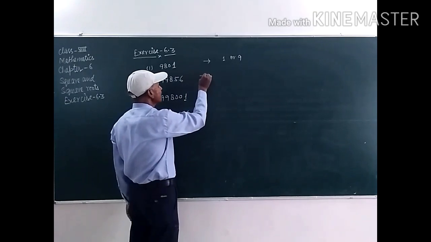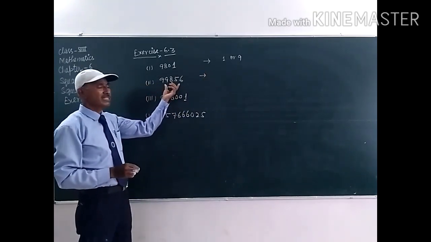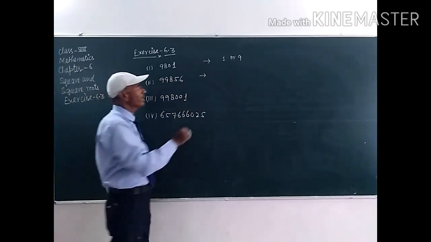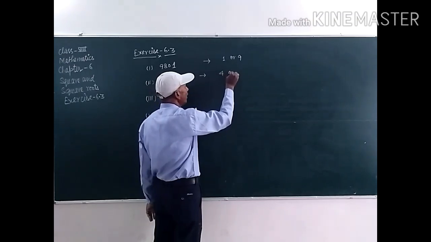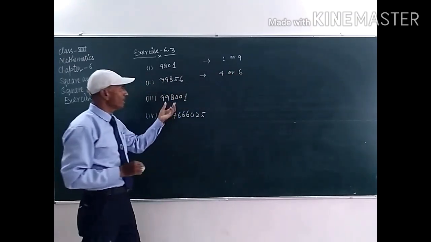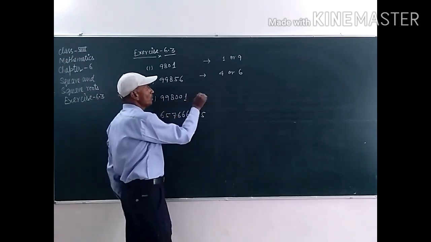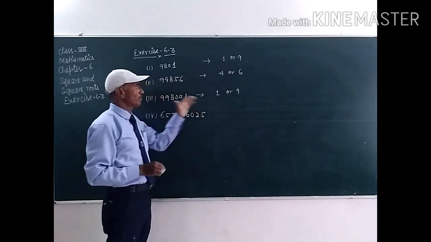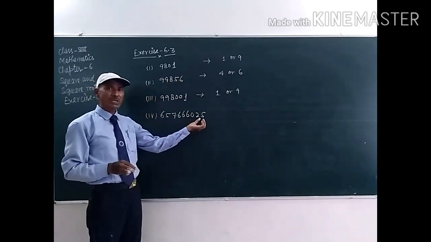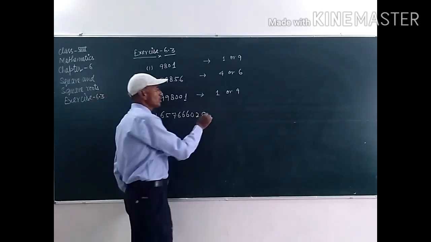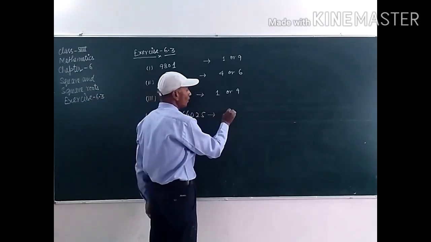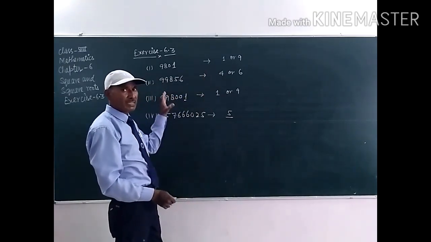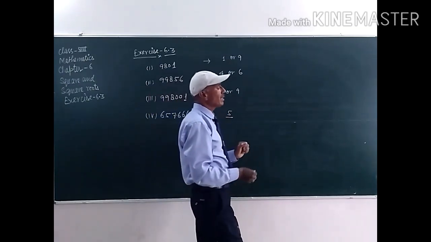And in this one it is 6, student. So there will be two possible digits in the square root of this number, that will be 4 or 6, and this number is again 1, student. So possible digit will be 1 or 9 in the square root of this number, and in this the unit digit ends with 5. So in the square root the unit digit will be 5, student. These are the possible digits in the square root of these numbers. Clear, student?